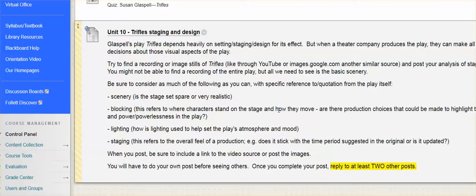When a production is staged like that, there's nothing really left to chance. The actors don't just show up wearing whatever they felt like wearing. The lights aren't on the same way all the time. The stage doesn't just happen to look the way it does because people put a chair here and a table there. Especially if the production's a good one, it's all really strategic choices about how we can make this